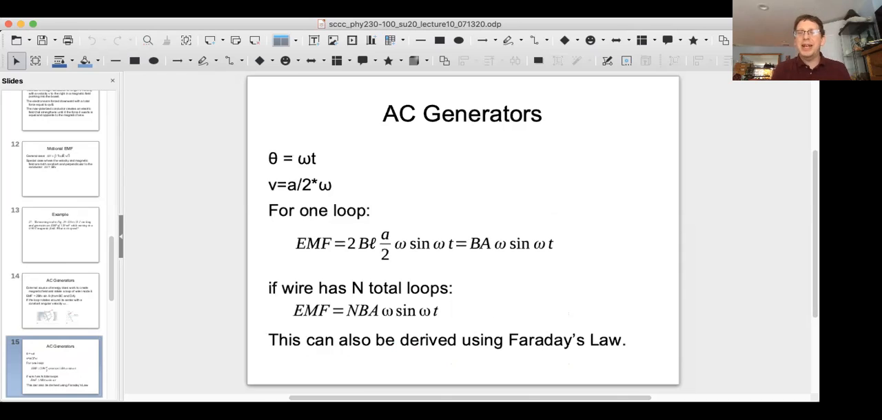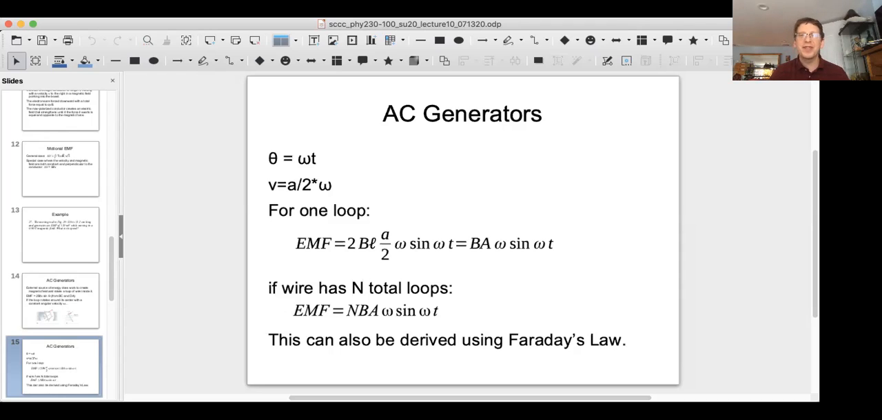And again, that applies universally. It doesn't actually matter what the shape of the coil is. And so what you get is, for one loop, the EMF induced is equal to B, the magnetic field, times A, the area enclosed by the loop, times omega, the speed at which it's rotating, times the sine of omega t. And if you have capital N total loops, the EMF is equal to NBA omega times the sine of